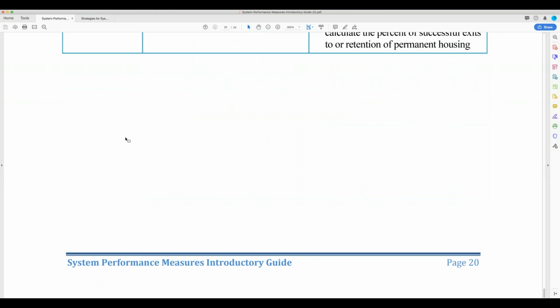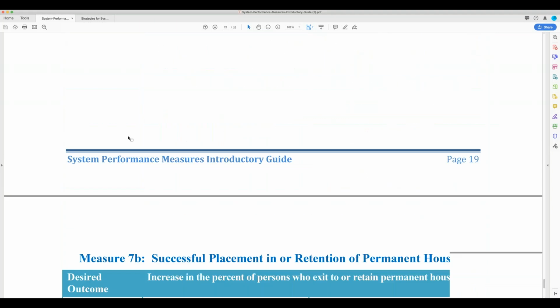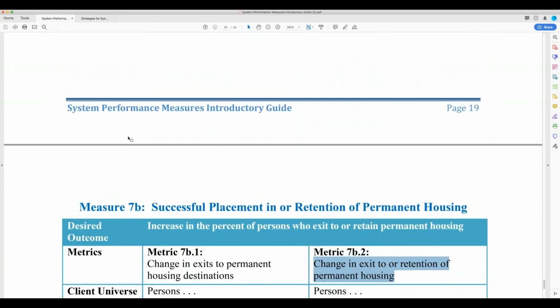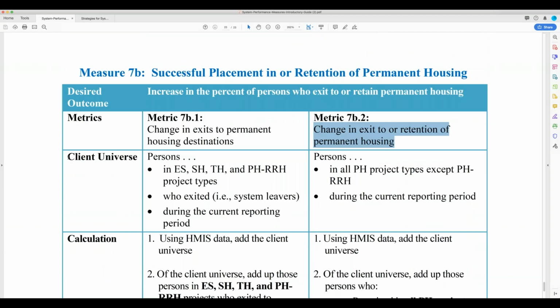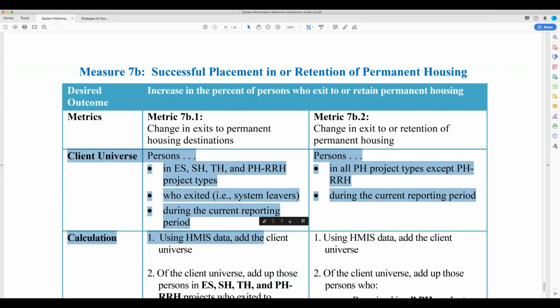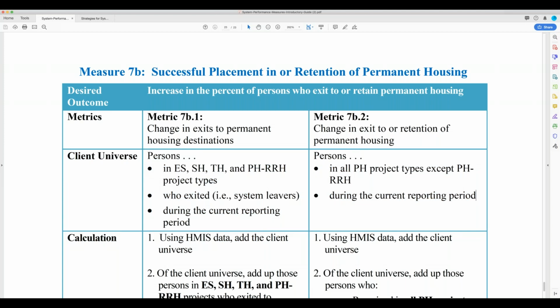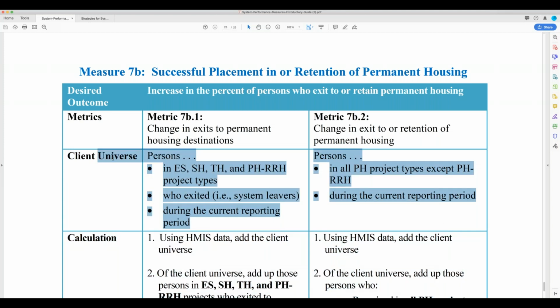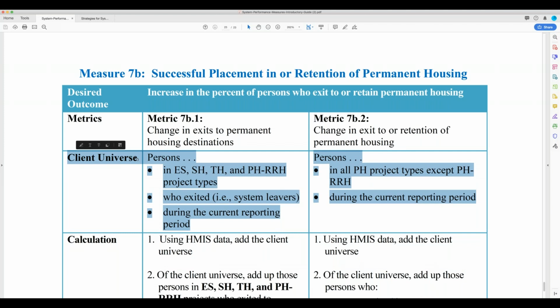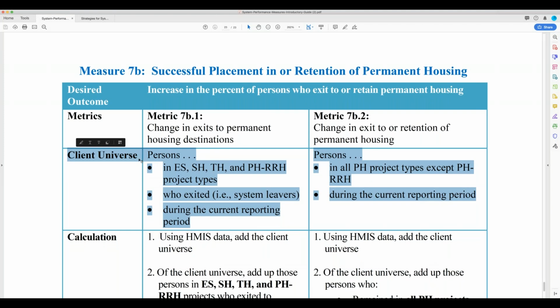Okay, so those are the system performance measures, and I hope that everybody has a little bit better understanding of which programs are pulling into each measure. Again, you can absolutely feel free to ask any questions in the question bar during the rest of the program, or, I called it a program, it's a presentation, in the conversation hopefully in the next phase. But you can also take your time to look through the System Performance Measures Introductory Guide.